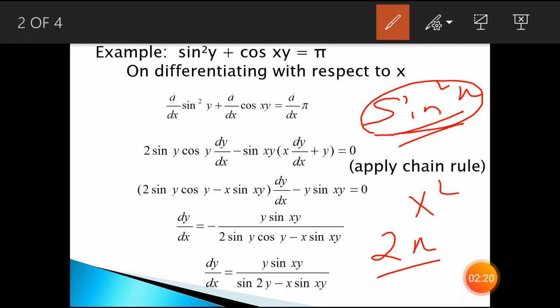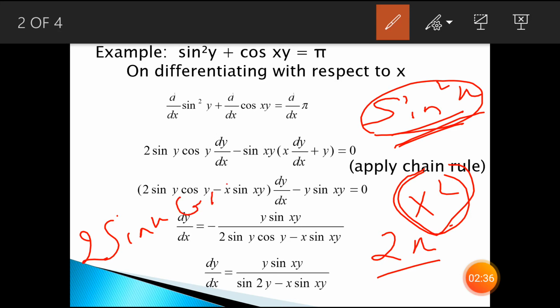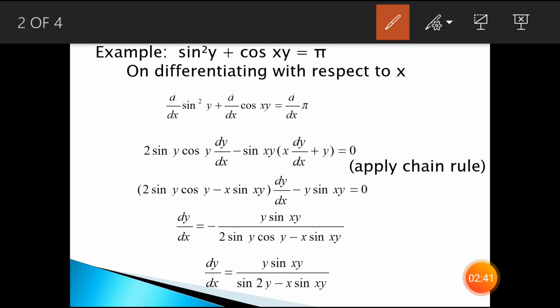Now as this function is sin square x and we were imagining it is x square, we have to redifferentiate sin x. So this will become cos x. So basically we will get 2 sin x cos x. It means sin square y, we will imagine as sin square x and differentiate it. So we will get 2 sin x cos x with the help of chain rule. Now in place of x, what is here? Y. So we are going to replace x with y. So 2 sin y cos y.